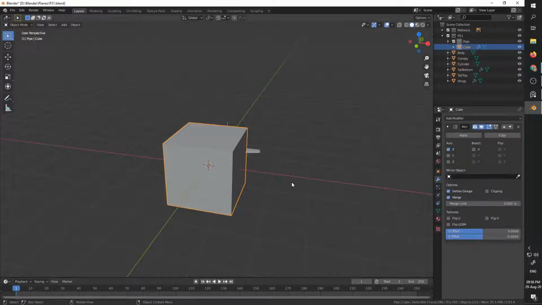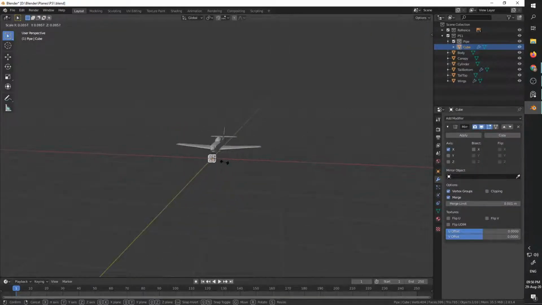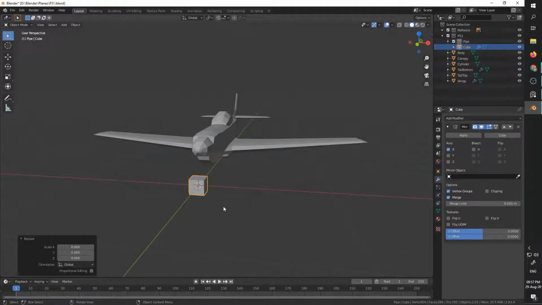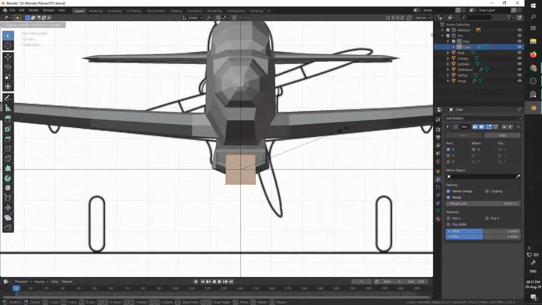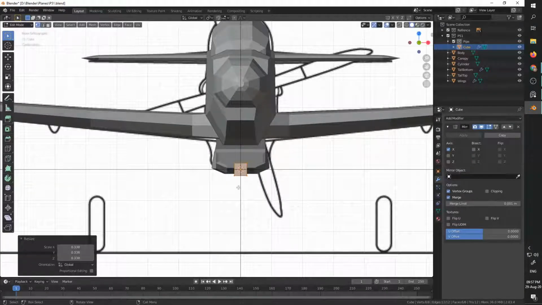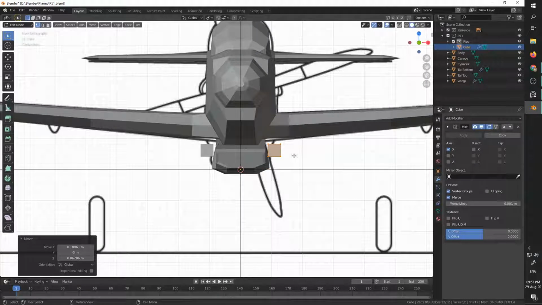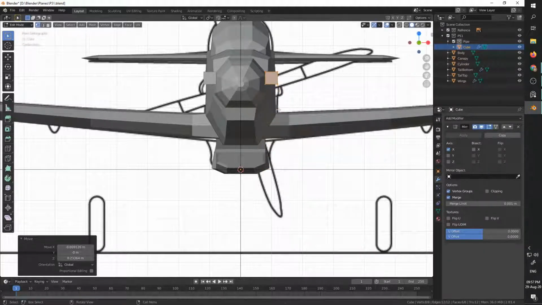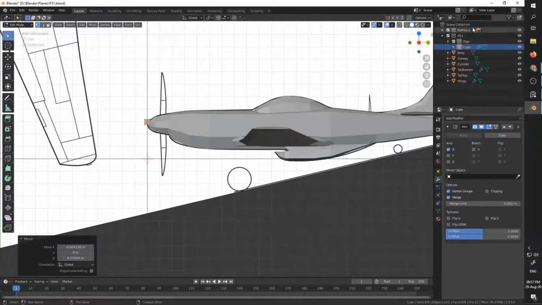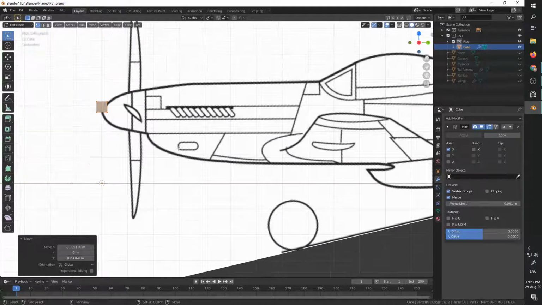So now I added the mirror modifier. I'm going to scale it. I'm going to go to object mode, let's look from the front, and I can scale it a lot more. Now when I move it, you see I get another cube. So this is exactly what I want. I'm going to move it here. I'm going to go to side view. I'm going to hide everything else. And now I'm going to move it to the appropriate location,